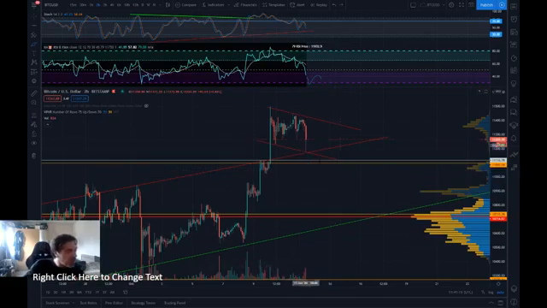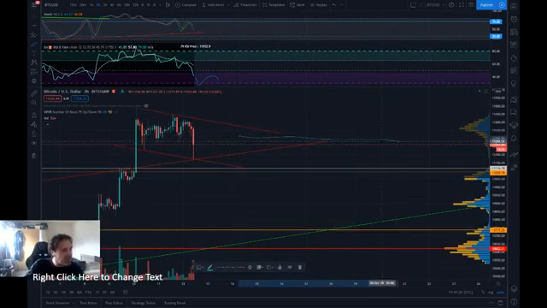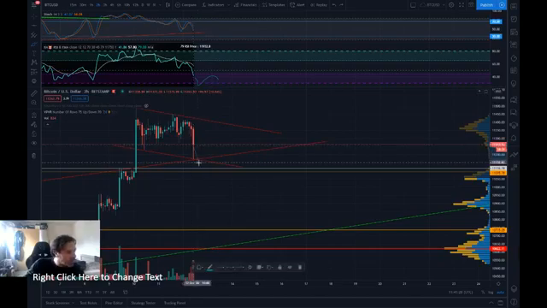I'm completely messing this up. So yeah, it's because I drew this a little too short. I should have made it larger. Oh no, why like this? Okay, so let's make it short. So we go down. We're still way above this area here. We go up and we make a lower low